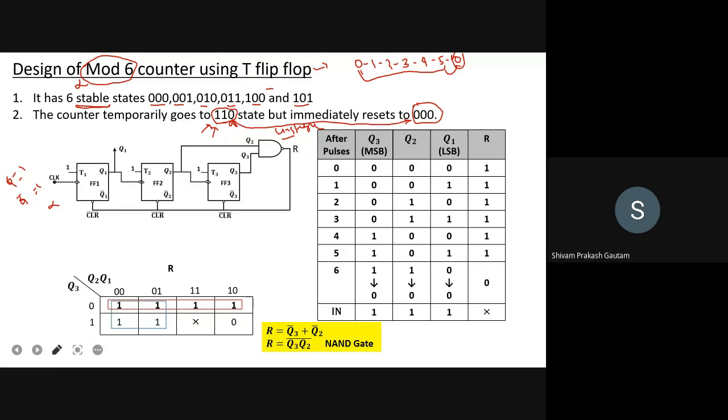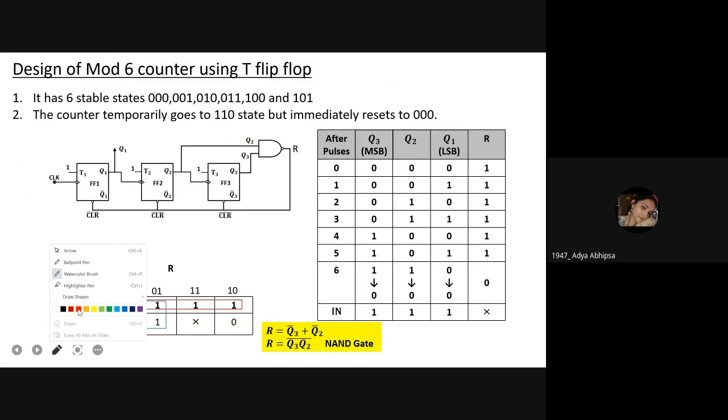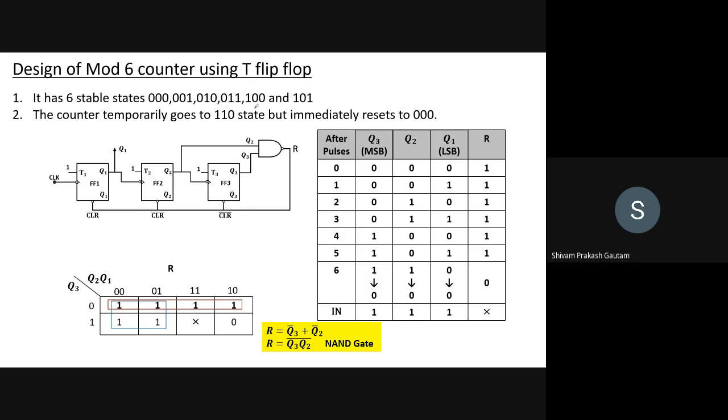Yes, sir. Okay. Sir, in the exam, will we first draw that graph and then design this table, or will we just directly do this table? Which graph? The clock, the QA, from that we are designing the 0, 0, 0, right? This you are talking about? Yes, sir. The clock, the QA, QB, and QC.